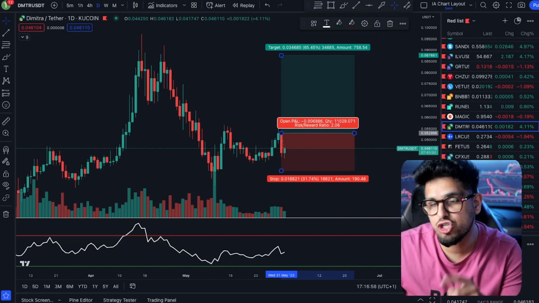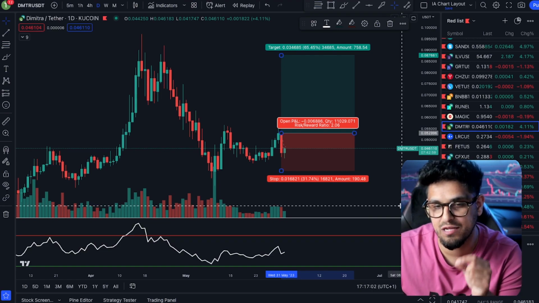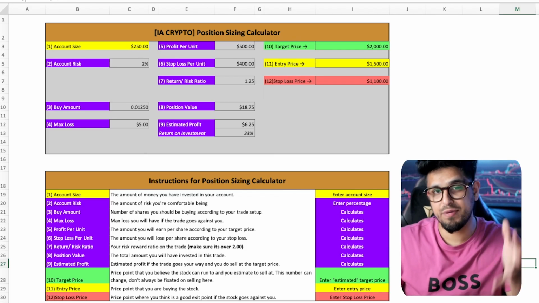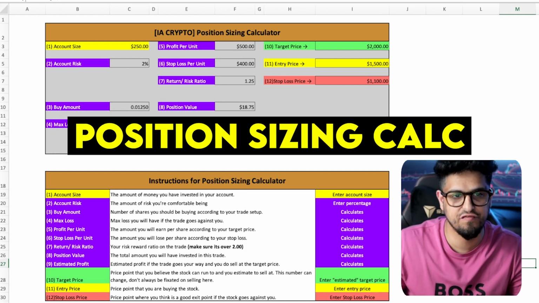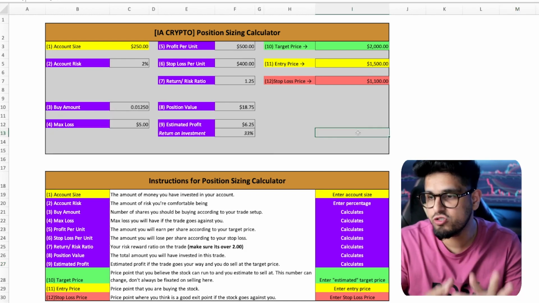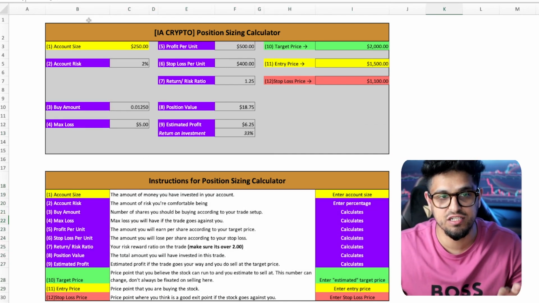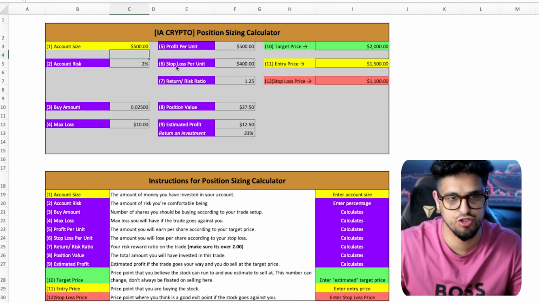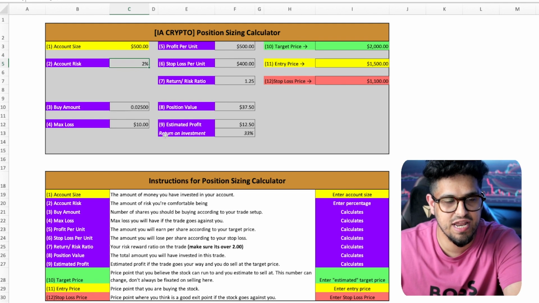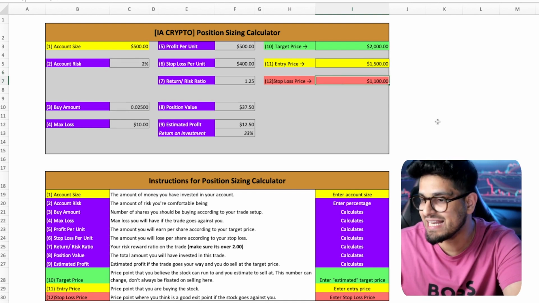Okay. Now we're going to jump on over to my position sizing calculator so I can explain exactly what we're doing. Okay, so another spreadsheet I built out for you guys is the position sizing calculator. Again, I'm going to make this available for you guys to access, and I use this for every single trade. It's got all the clear instructions for you here, but in essence, what you want to do is enter your account size. Let's say our account size is $500. I'm going to risk 2% on any given trade, and then it would tell me, based on my target entry and stop loss, exactly how much to buy.